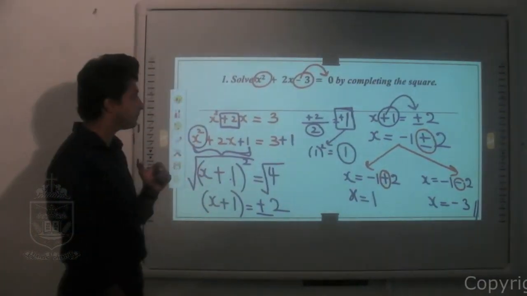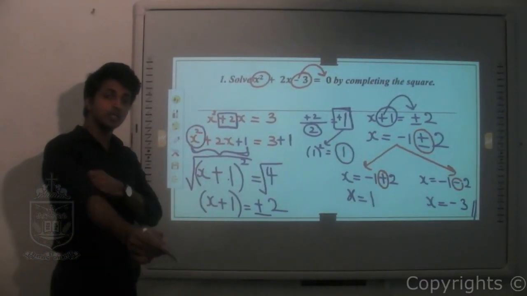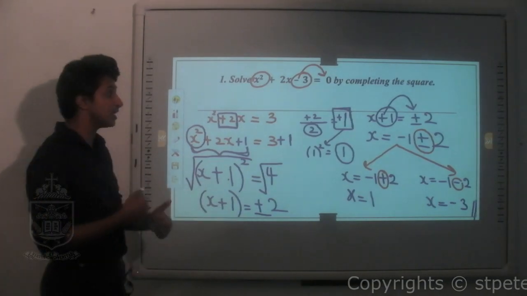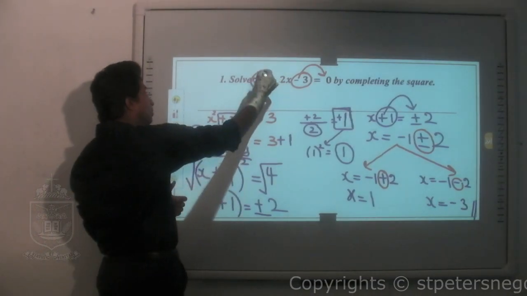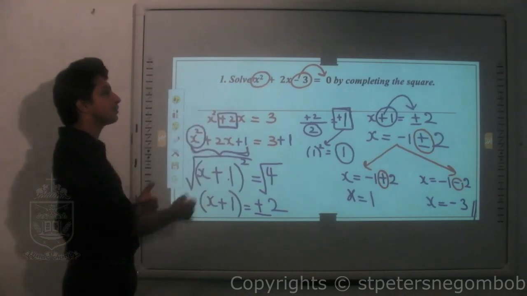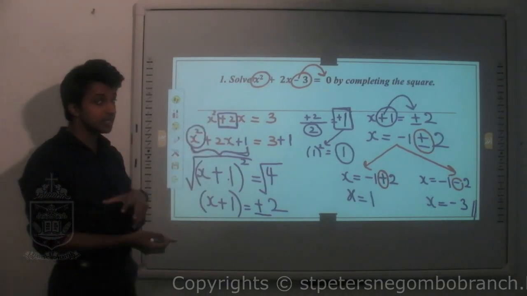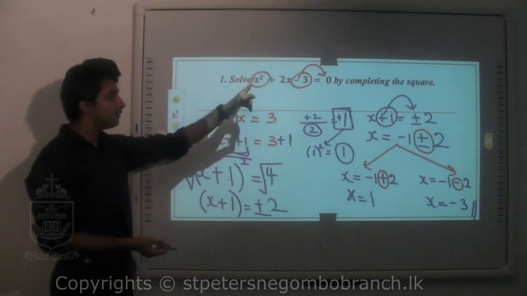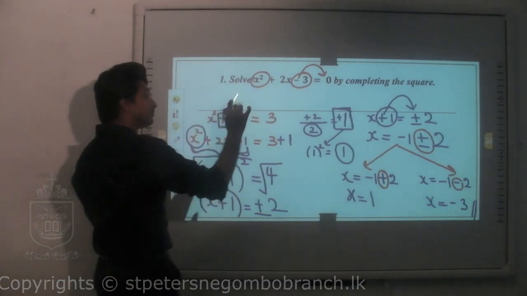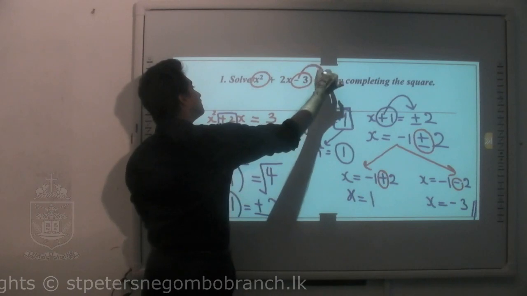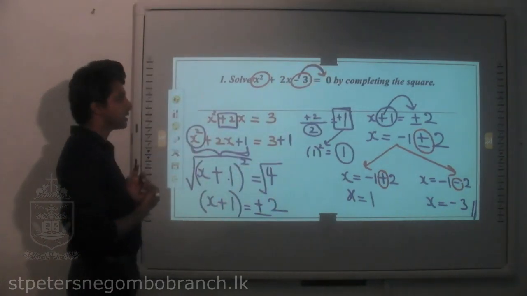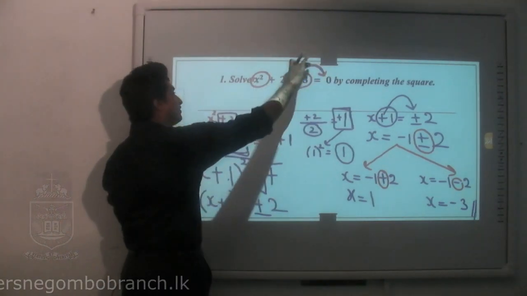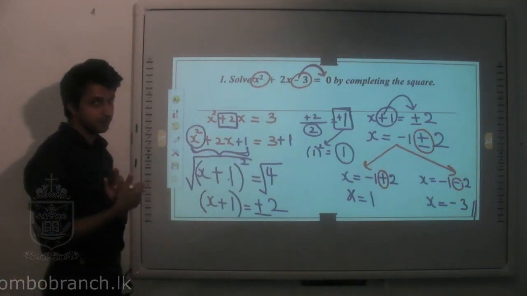Again, from the very beginning. When you are completing the square, the first thing you check is whether x squared is alone or you have another number in front of x squared. If you have another number in front of x squared, we are going to use a separate step. If it is like this, no issue. First of all, take the whole number to the other side. So minus 3 I have taken to the other side, it has become plus 3.